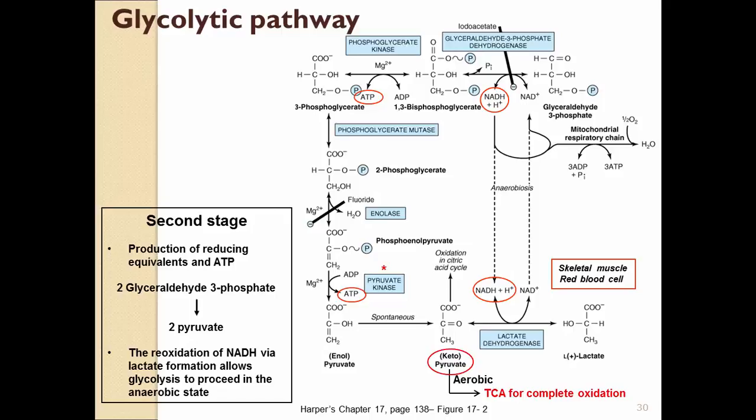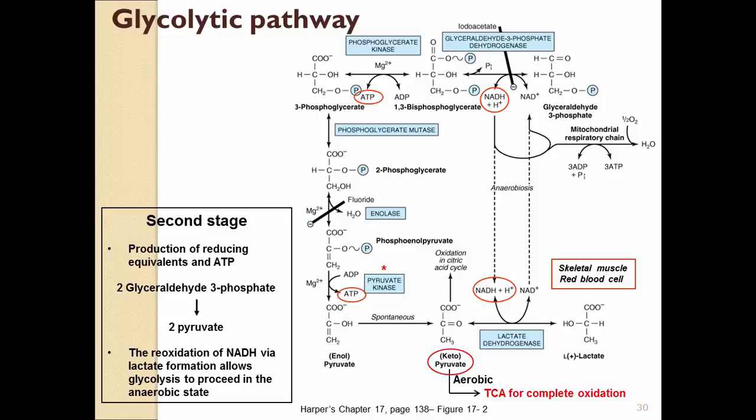But under anaerobic conditions, for example, in red blood cells, they don't have mitochondria, so they cannot do aerobic metabolism. So what happens here is that pyruvate is converted to lactate in anaerobic conditions in red blood cells or